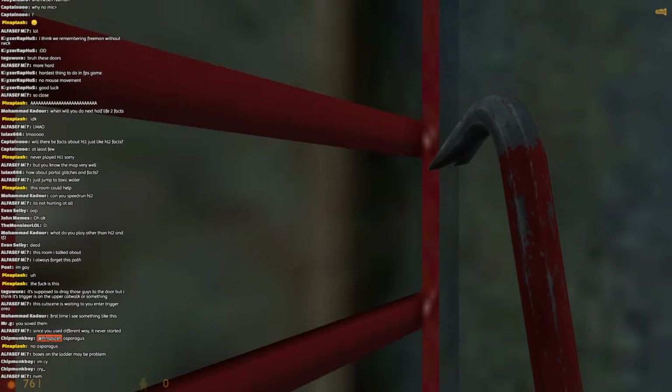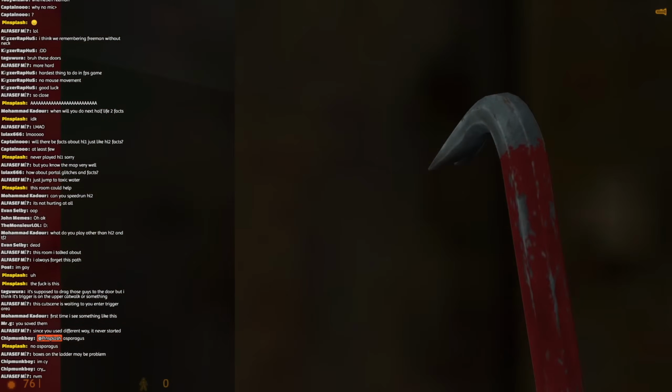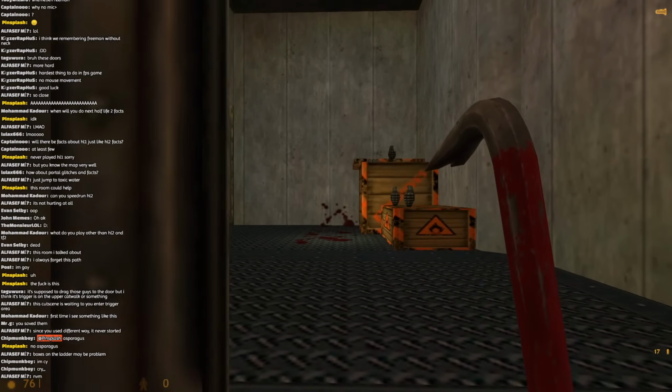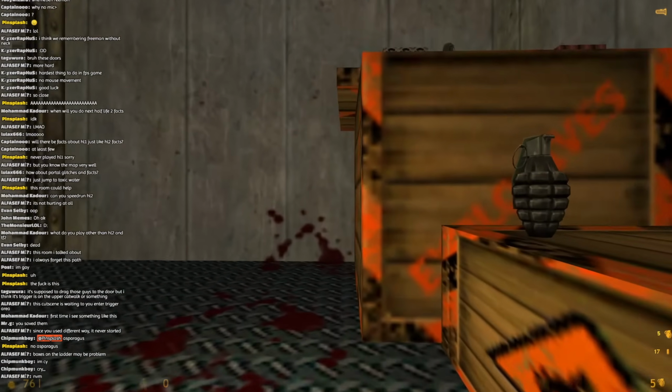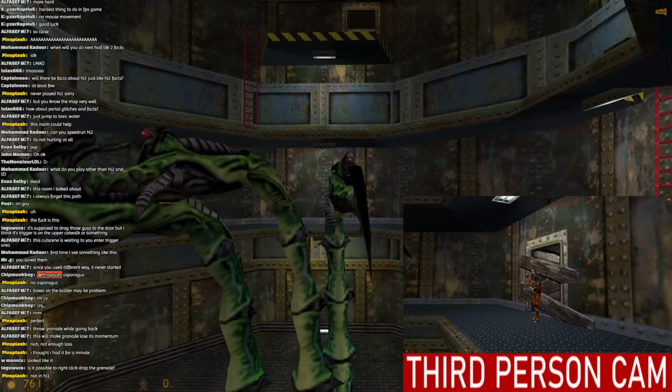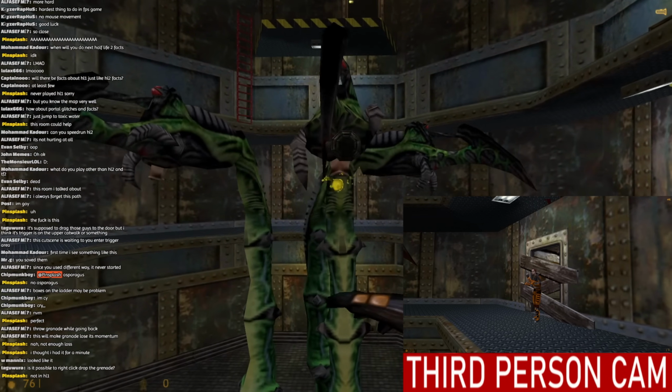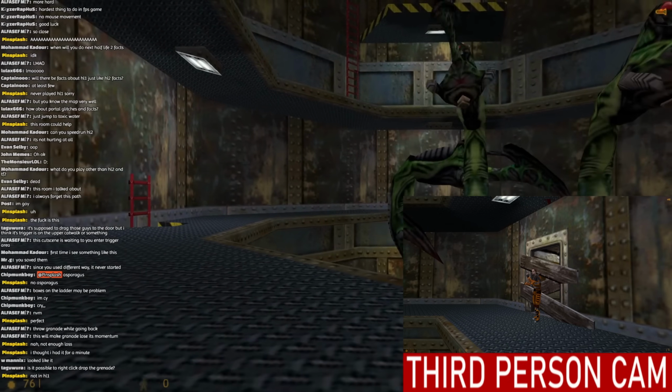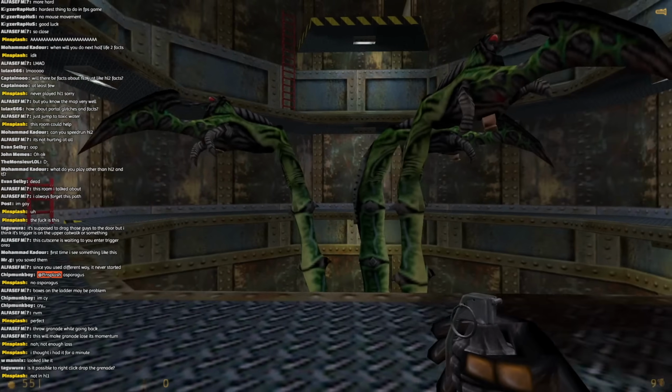Now we have to go over to the fuel and oxygen buttons, and this is quite fun. First we're gonna go and get some grenades from up here, and then we're gonna bounce one off of this tentacle to hope that it lands in just the right spot so that it can break the wood boards that are blocking the doorway.